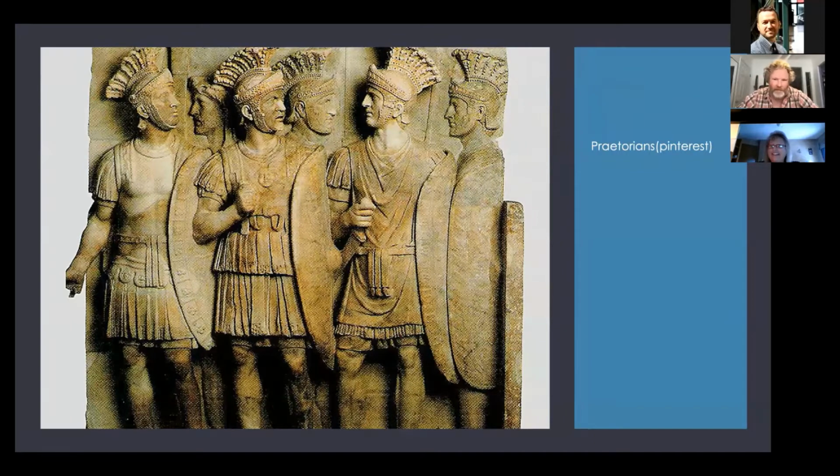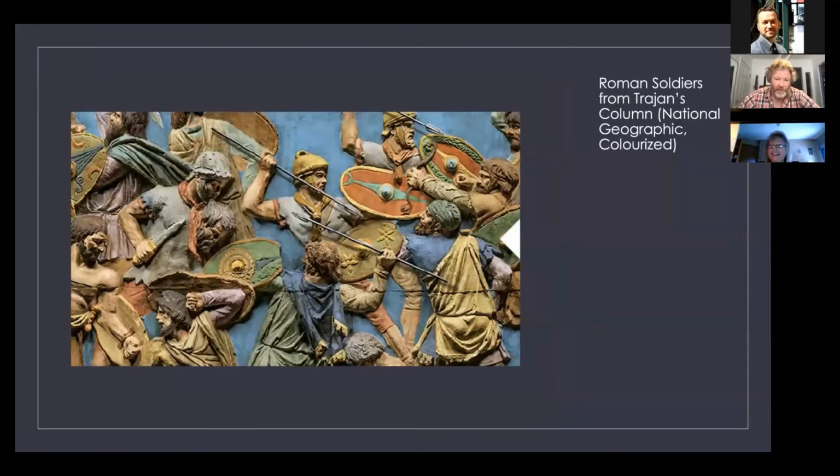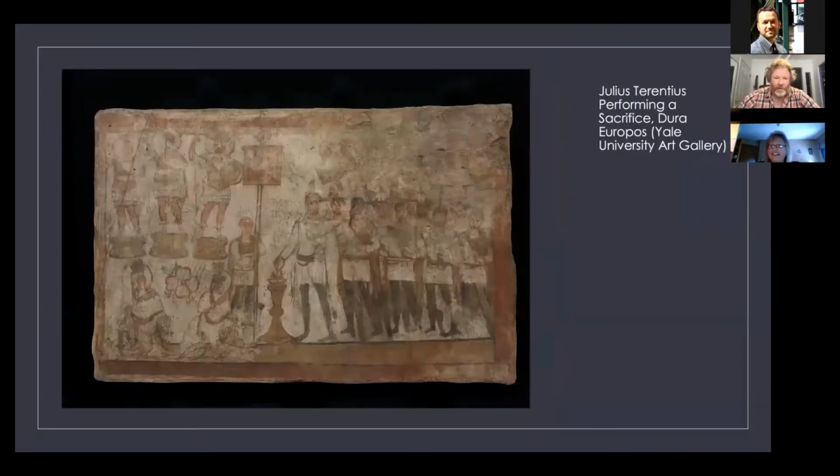from the center. In the center, we have guys like this, the Praetorians, possibly like this, to more of the soldiers on the frontiers from, these may or may not be auxiliary soldiers, heads and mouth, from Trajan's column, colorized for National Geographic, to these guys from the 3rd century CE in Syria, Dura Europos. So focus on these kinds of soldiers, and I decided to pick out three historical soldiers. So these were individuals who I know, or we know existed, but maybe haven't featured very much in discussion, because all we know about them is a very small